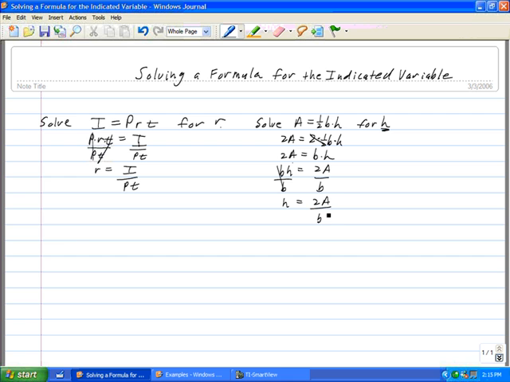All right, let's try another one. Let's take AX plus BY equal to C. Now, as this is written right now, C is solved for. But again, we could choose to solve for anything else that we want to solve for. I could solve for A, or X, or B, or C. Let's say we want to solve